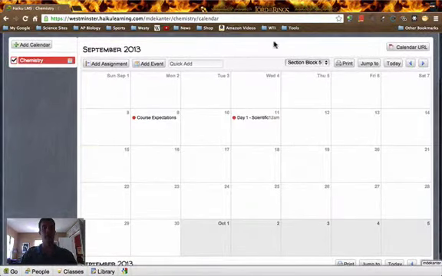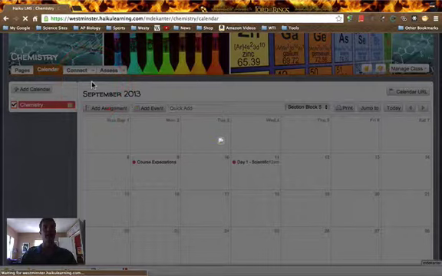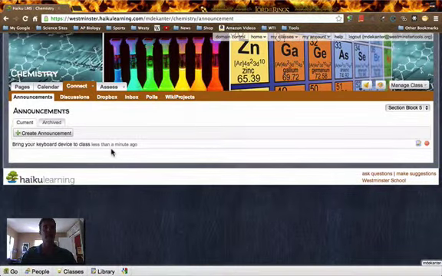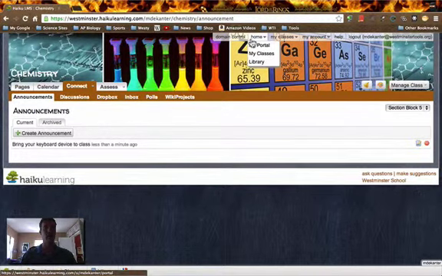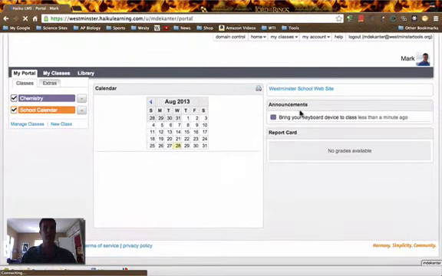Now again, notice nothing happened on my calendar. However, if I go to connect, I can see my list of announcements that I've made. There it is. Now that is not someplace your students are going to go. However, when they log into Haiku on their portal, they will have an announcements box here, in which any announcement from any class will appear. And again, this will appear from now, the time I make the announcement,